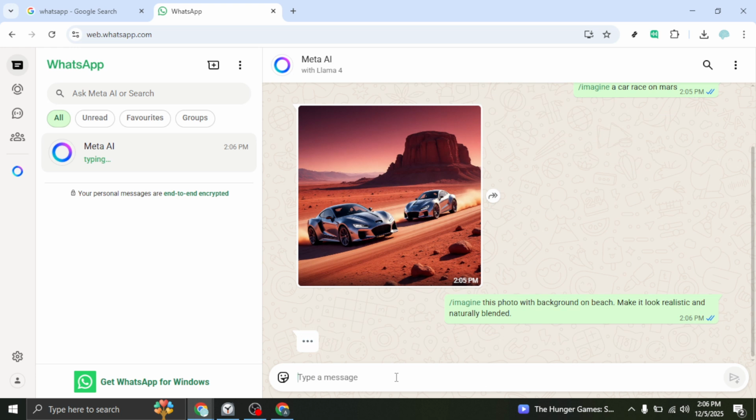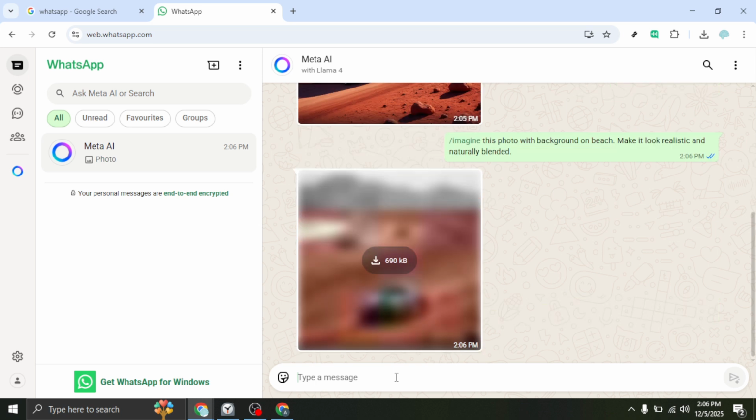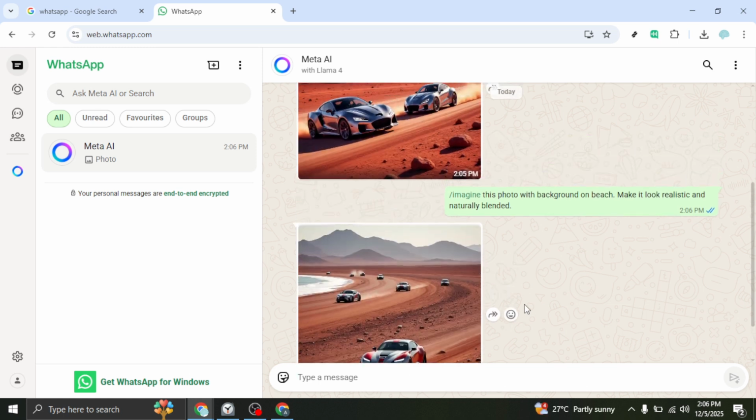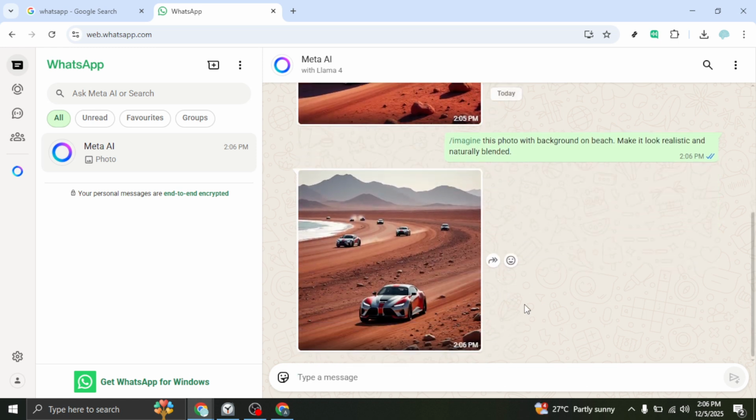Click Send and wait while it generates the edited version. When the updated image comes back, review how naturally the subject blends with the new background. If lighting or color looks off, you can refine your prompt with details like match the lighting to sunset or keep shadows consistent. And one important reminder, whenever you generate or edit an image in this chat, start your request